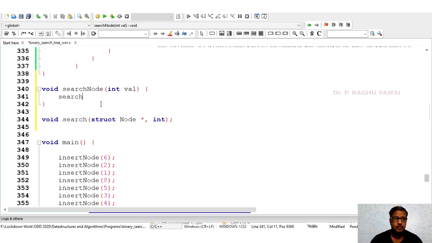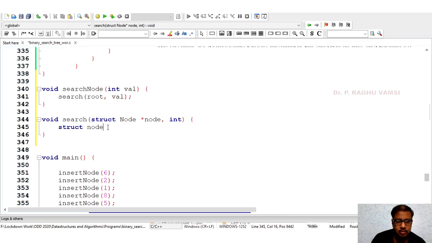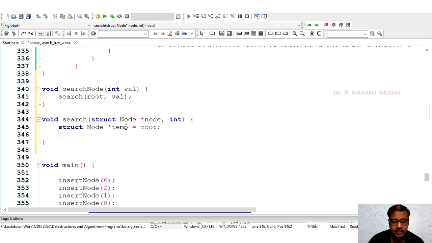Search of root, value. Struct node star node, temp is equal to root, not root here, temp is equal to null initially, then temp is equal to node.